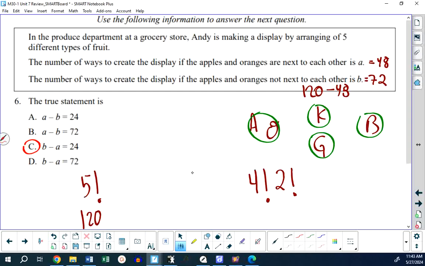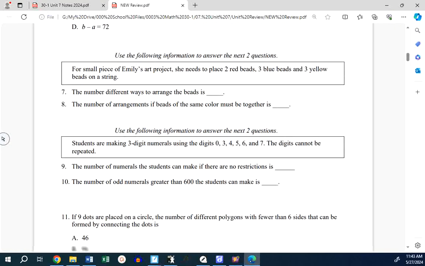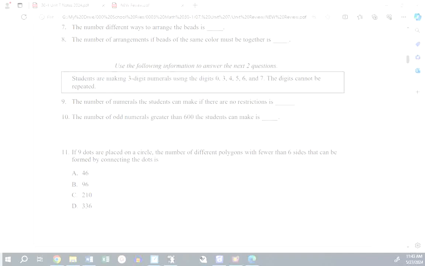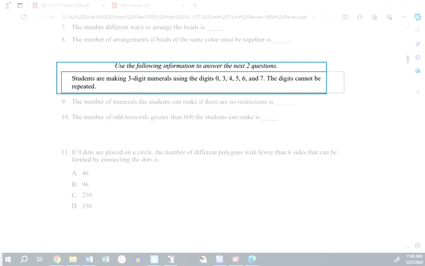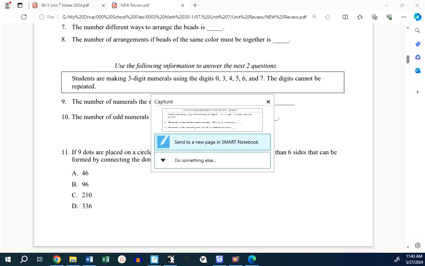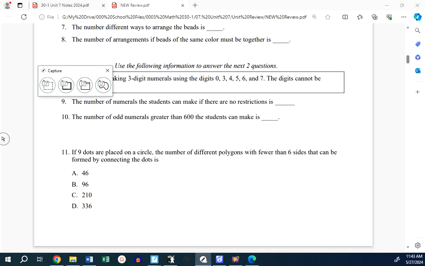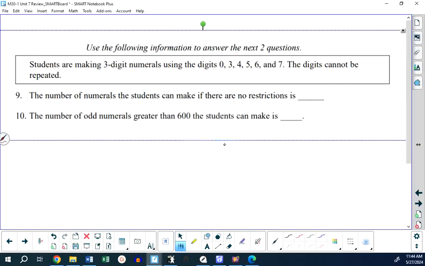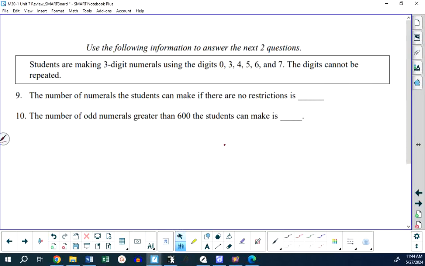Well, let's take a look at number 9. So students are making 3-digit numbers. And there are no restrictions. I mean, there is a restriction, but it's an unsaid restriction that if it's a 3-digit number, the first digit cannot be 0, right? So for number 9, we pretty much have to use the fundamental counting principle and say that there are a total of 1, 2, 3, 4, 5